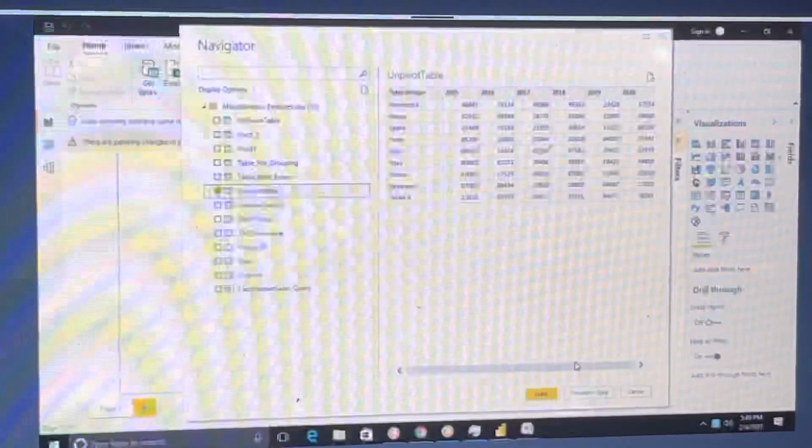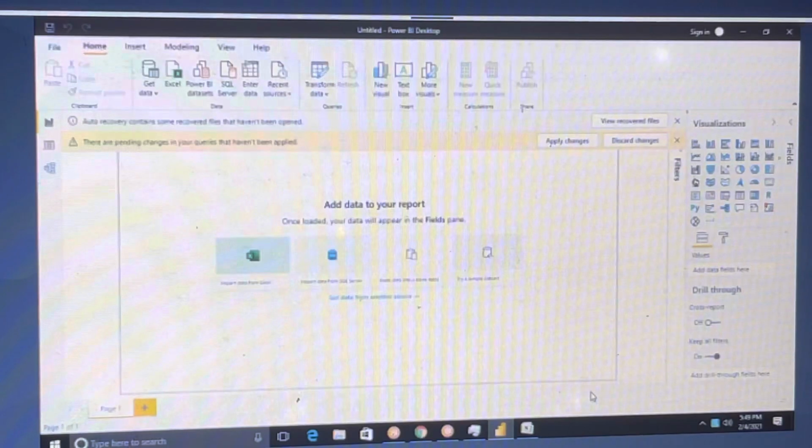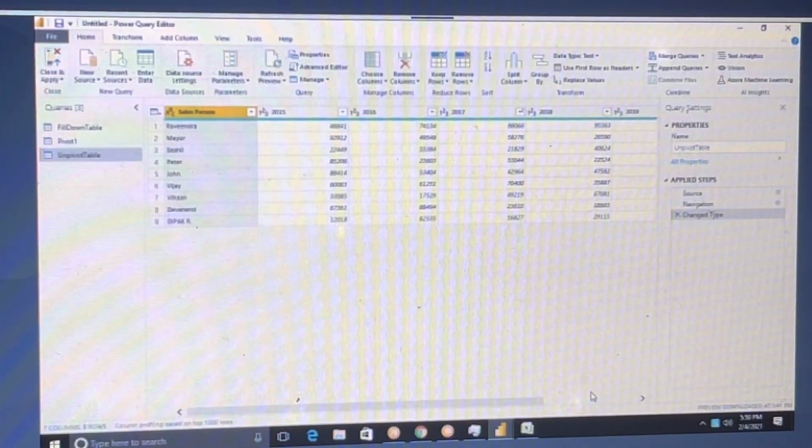So we have this data. Click on transform data. By using one button click, we can do that.